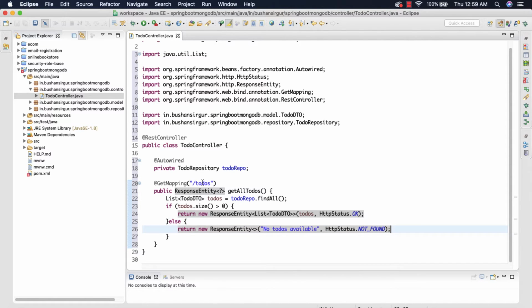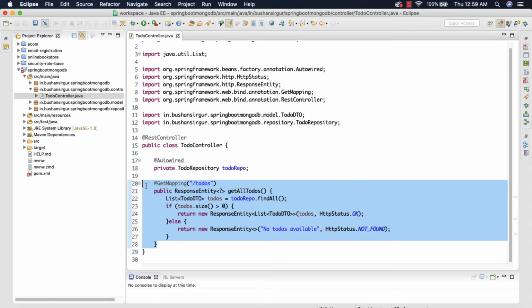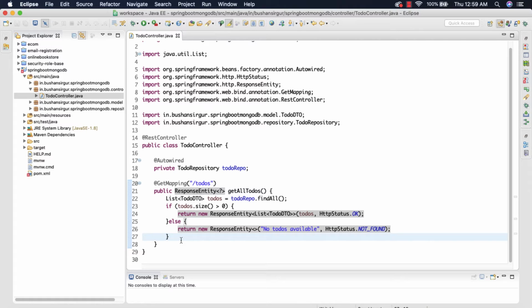So now let's save this. Now we have created a REST endpoint to retrieve the list of to-dos. So all we need to do is test our work.